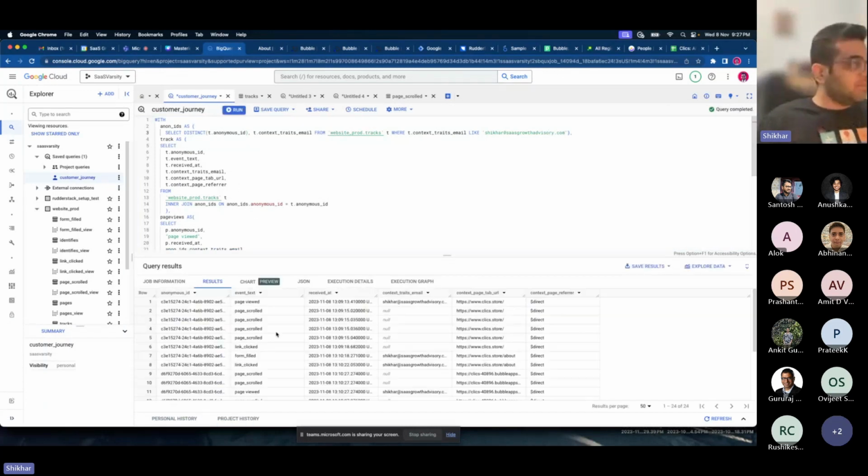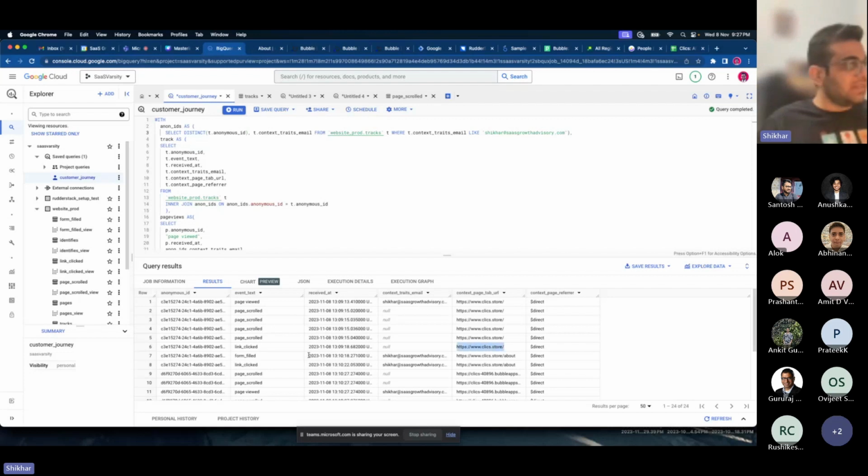So if I run this query, it will show me that earlier today, there was a page view that happened, which was the home page. Directly it happened, then the person scrolled 25%, 50%, 75%, 100%, clicked on the link on this page,